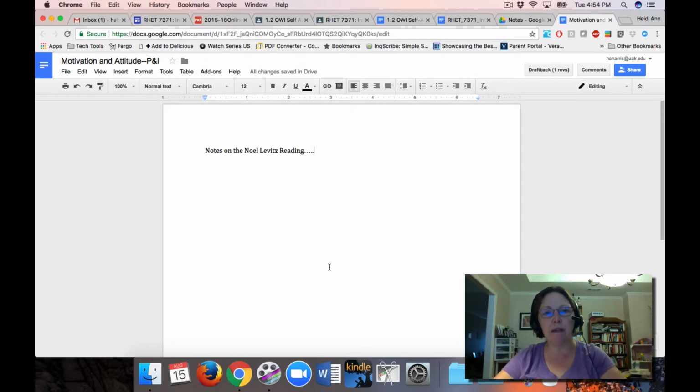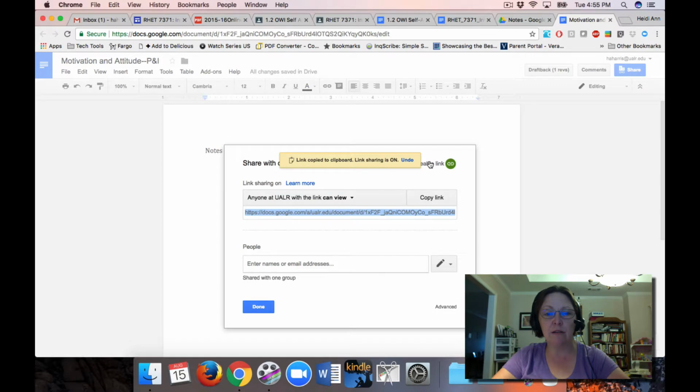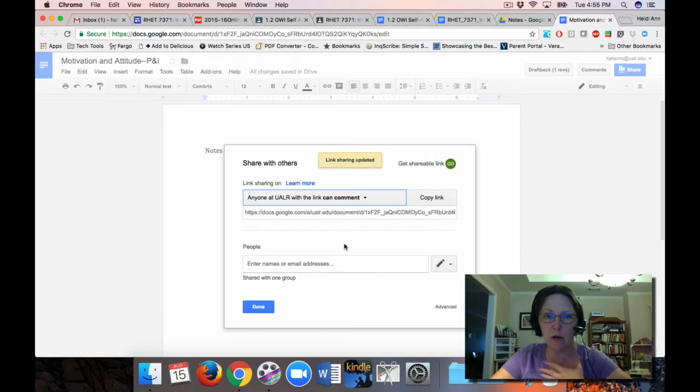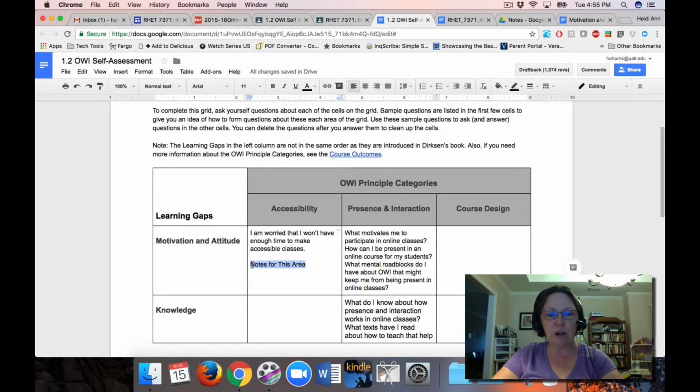You can link this directly back into that grid so you can keep track and organize your notes, and I will be able to see it when you turn this in at the end of the class. And how you do that is you create a link for this document. Everything that's a Google Doc is basically a web page with a URL. So you can just go to Share, Get Shareable Link, and then anyone with a link at UALR can view. At this point, that's fine, but what you might want to do is set that anyone with a link at UALR can comment so that I can go in and comment on it at the end of the course. Copy the link,